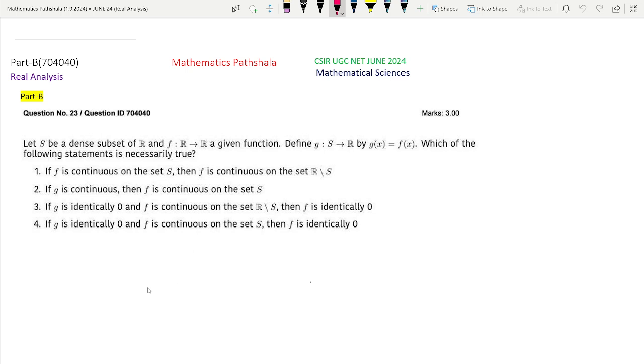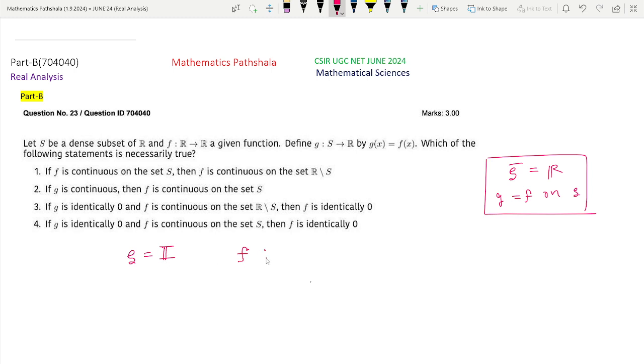So first look at option 1. First let me write what is given in this question, the hypothesis. That is, S is a dense set, that is, S bar equals R, and we are also given G equals F on S. These two things are given in the question. Now look at option 1. Option 1 says that if F is continuous on the set S, then F is continuous on the set R minus S. So for this, if we take simply S equal to the set of all irrational numbers